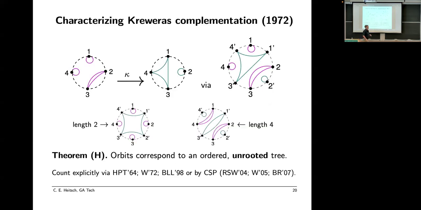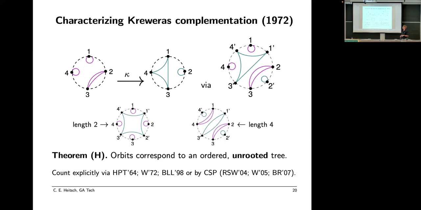The lattice was originally defined by Kreweras in 1972, and he gave an operator that, given a non-crossing partition, generates one that is its lattice complement. However, this is not an involution, so you do actually get cycles in the lattice, but it's a somewhat